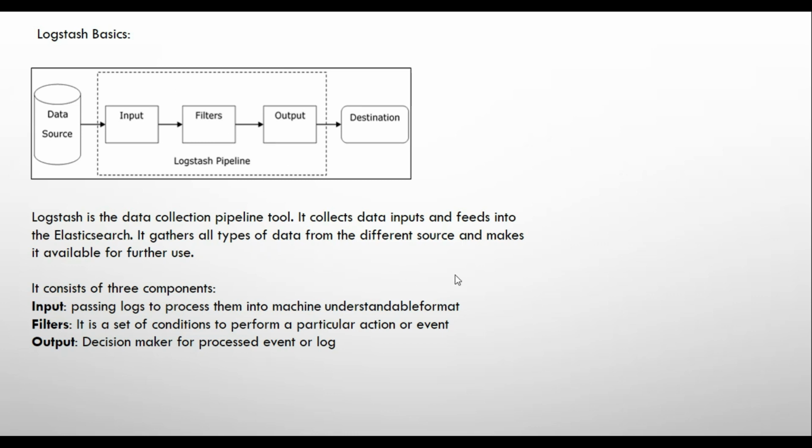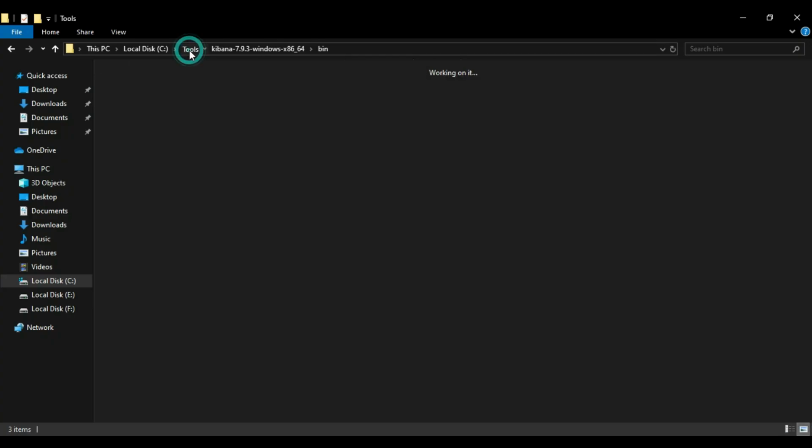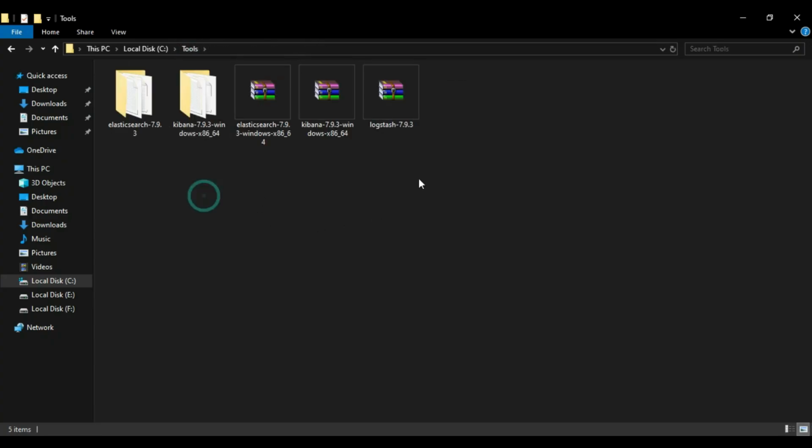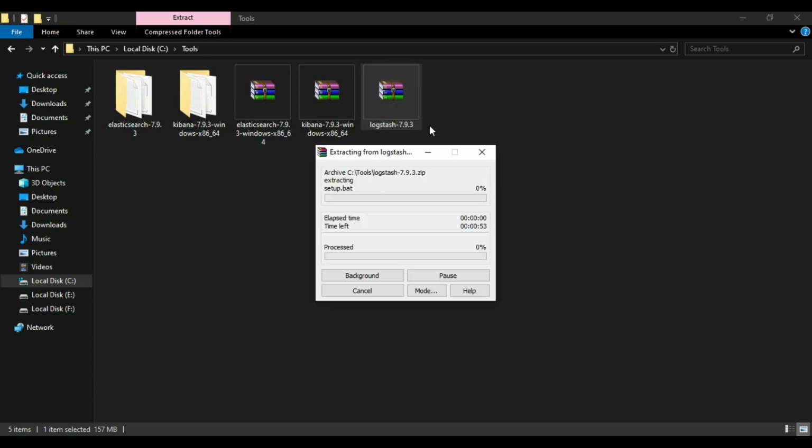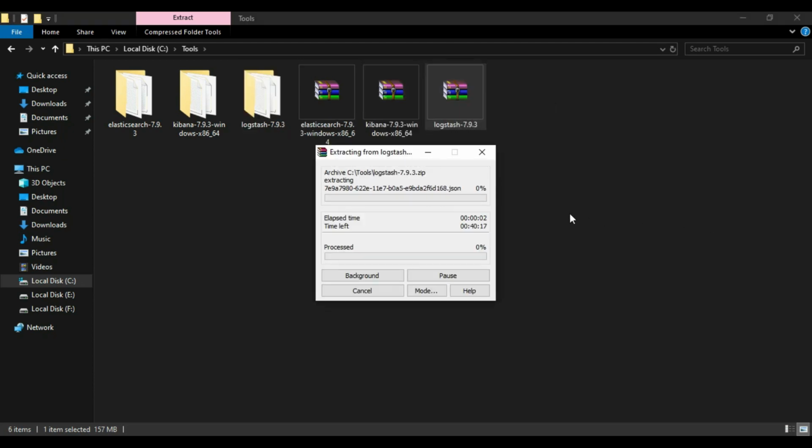So let's go to our installation part. Go to the folder where you have downloaded Logstash. Right click on Logstash and say extract here. While it's extracting, let's go to environment variables and set up all the environment variables for the ELK stack.